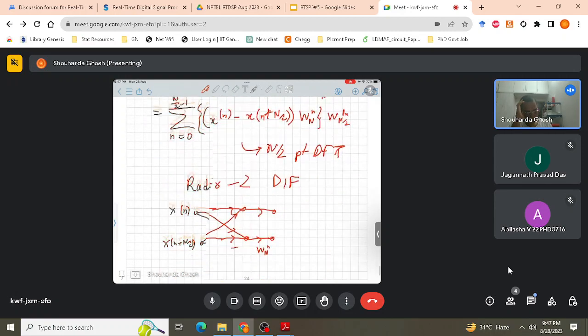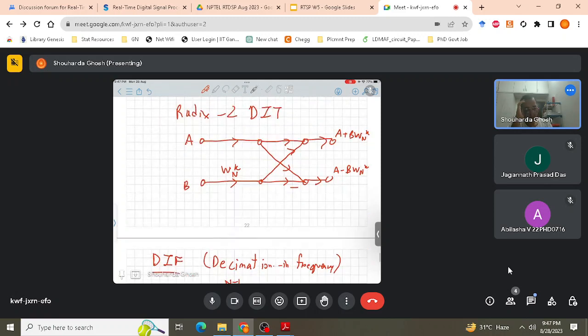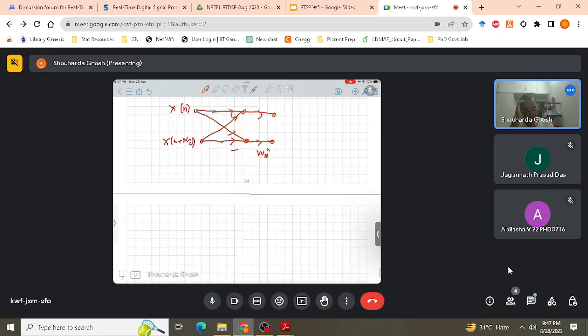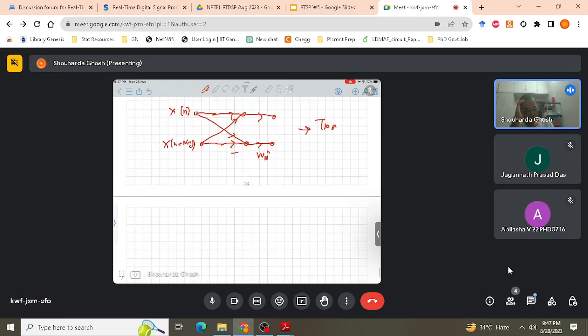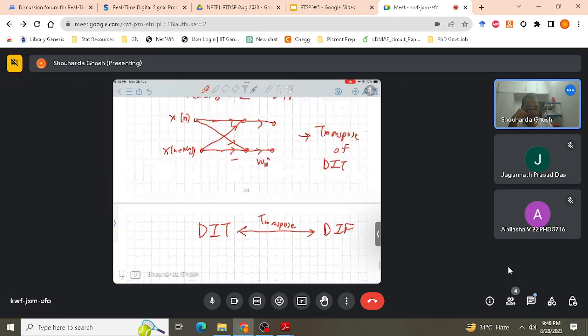You see this structure over here and this structure over here. Then what happens is that this structure is something called the transpose of DIT. I hope you know what transpose is. I had taught this in the third lecture, I guess. So DIT and DIF are transpose of each other. And an important point to know over here is that